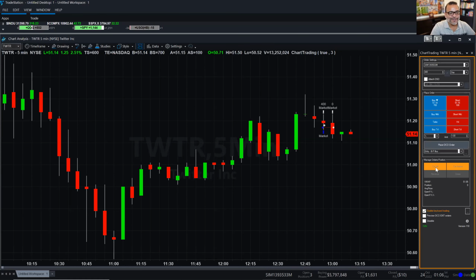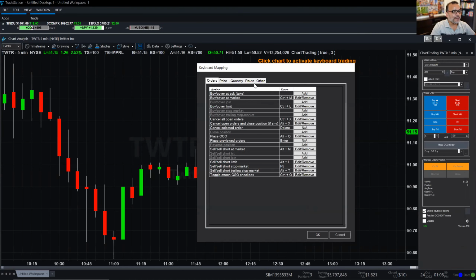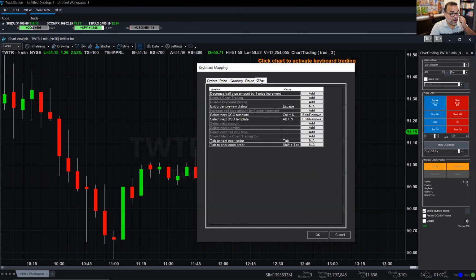So let's go ahead and do something else. Let me go back in here into the mapping. Let me show you another example with an OSO. So order sends order. Alt N, select next, okay. Exit order preview dialog. Okay, so this is not to place the OCO, this is just to select the next one in the dialog. Which I really